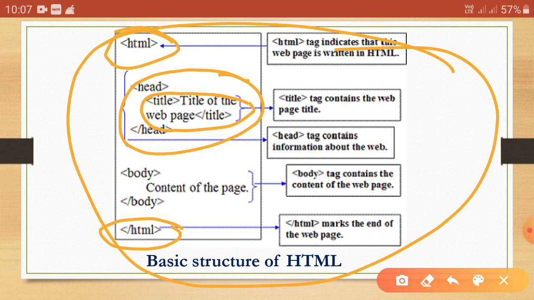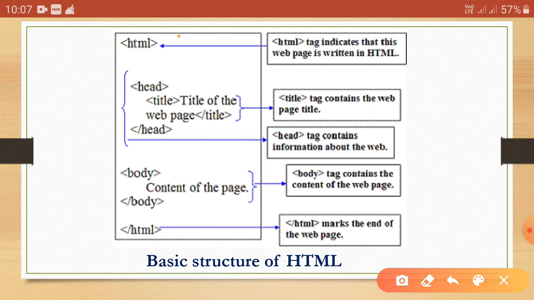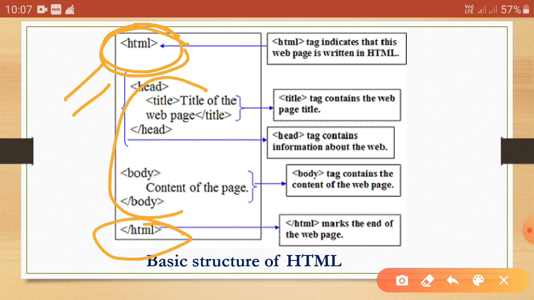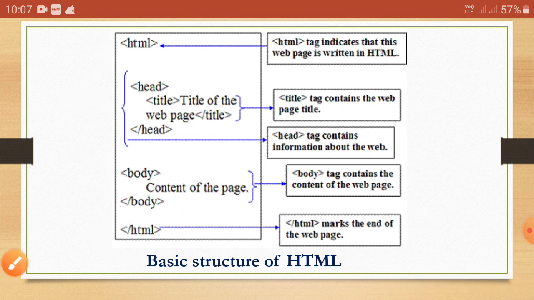But remember one thing, the last tag opened should be the first tag closed. That means here I am writing HTML first, so we are ending this tag at last, and in between all the tags are completed inside the tags.